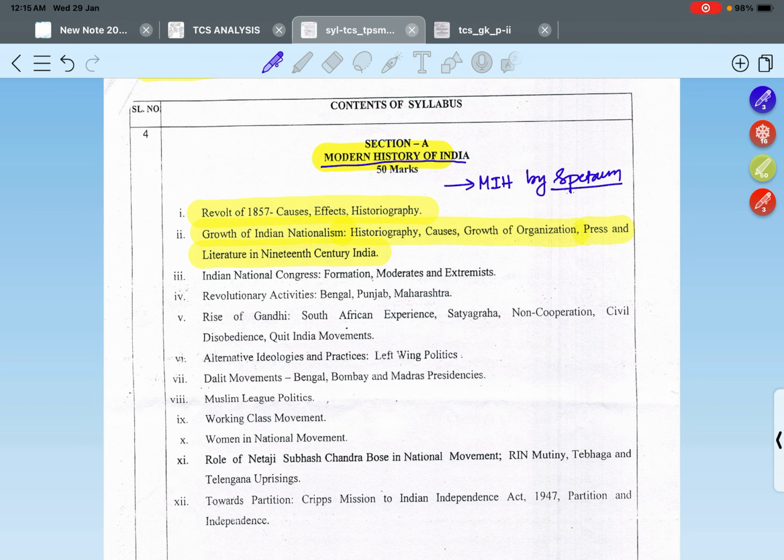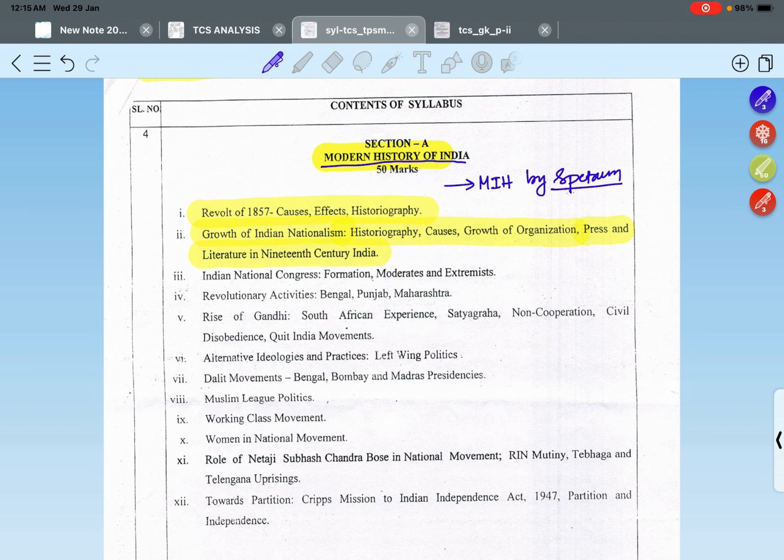In my opinion, 40 to 50% of that book is more than enough for your TPSC syllabus. So you have to understand which topic you should read, and how much to read. You should not blindly read the whole book. It will just be a waste of your time. Okay, the second thing about that book is,